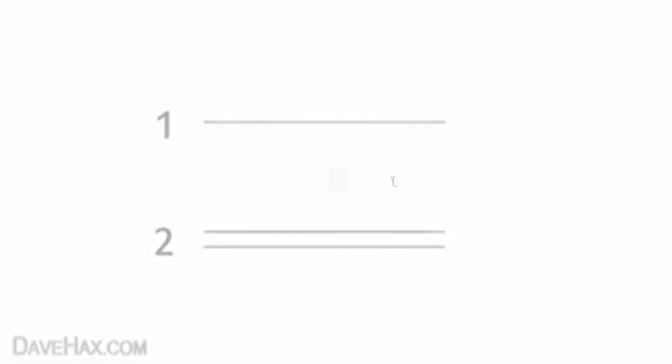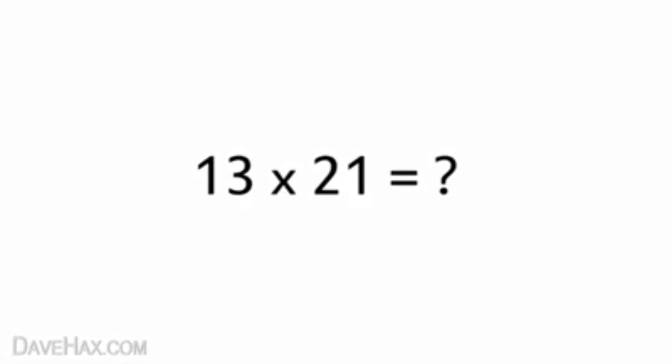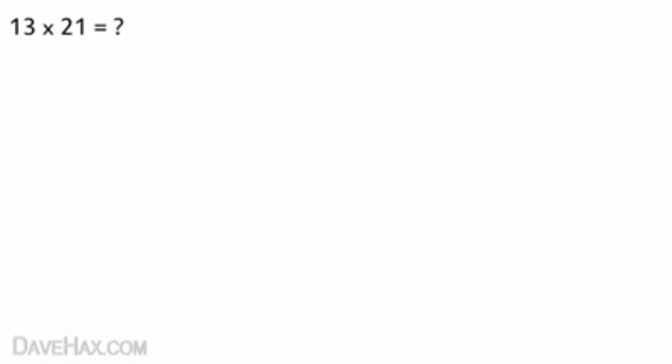and involves substituting numbers for lines. We'll start with 13 times 21. As we can see, the first digit in this equation is 1, which means we draw one straight line diagonally